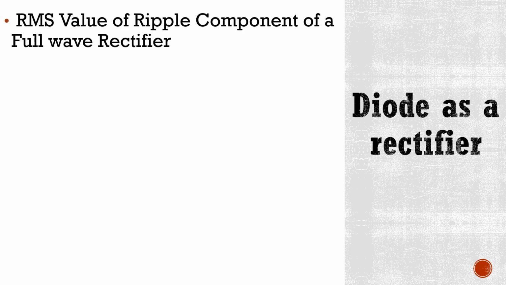Now we will derive the RMS value of an AC component or ripple component of a full wave rectifier. In my previous slide, I have mentioned that the RMS value of this ripple component in case of full wave rectifier is 0.3 Vp. Now here we'll understand how we are getting this value. Again we will use the formula of RMS value, which is